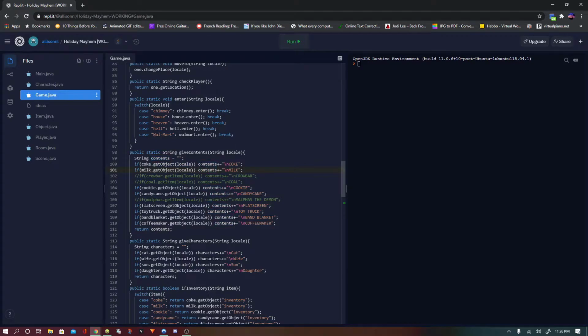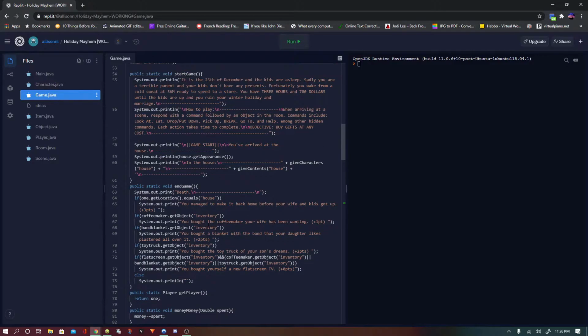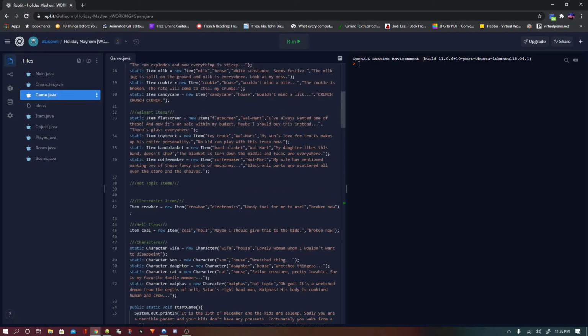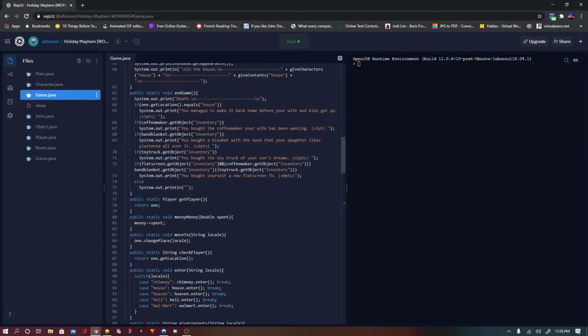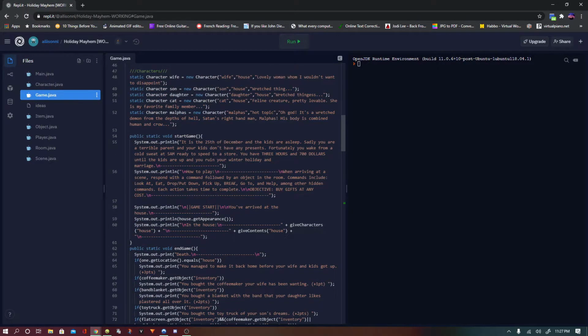So yeah, it does that for all these, and then these characters are like, I put character and item under the object class for some reason because I wanted to make it more complicated, but they have the same little variable and all that stuff. I just decided to make two different lists because I thought it was important to know who you could talk to possibly and what you could pick up and do all those object things with. Yeah, so that goes for the start game method.